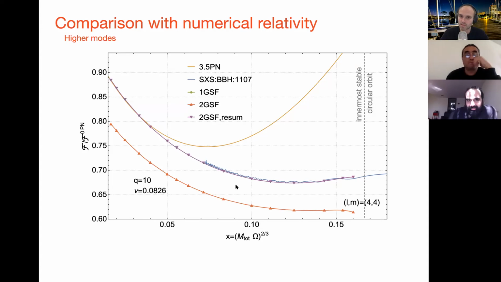It probably gets worse as well if the system was not quasi-circular. So far, all the binaries we've detected are quasi-circular. Once you move to eccentric binaries, you start putting more power into the higher modes. And that means that the higher modes, the 3-3, the 4-4, the 2-1, and so on, start to become more important. And so it's likely that our results wouldn't work so well for those systems. Now, again, I emphasize we don't expect perturbation theory to really work as well as it seems to. But yeah, for those systems, it would be the worst. But for the quasi-circular systems we do see, I actually think this can probably add useful things for some of the current waveform models.